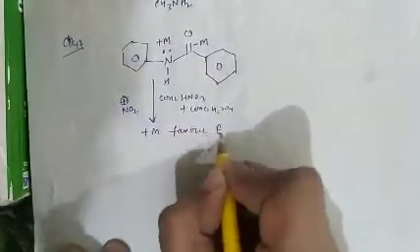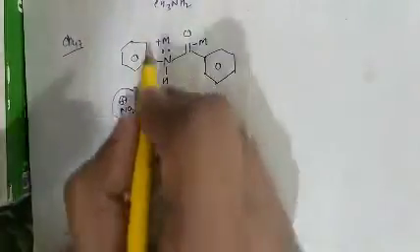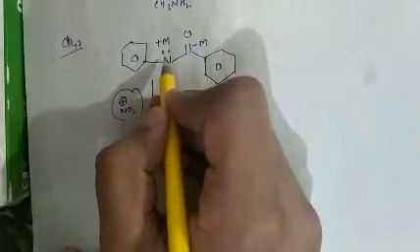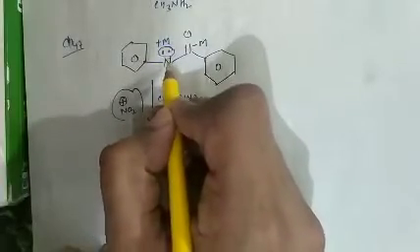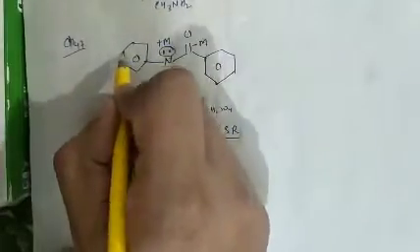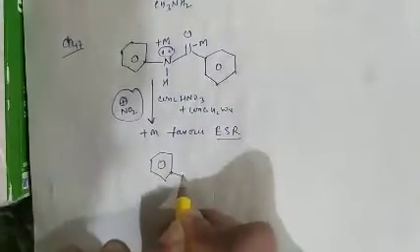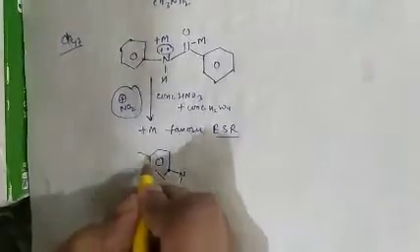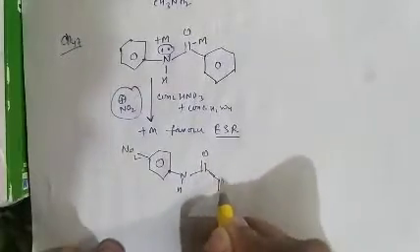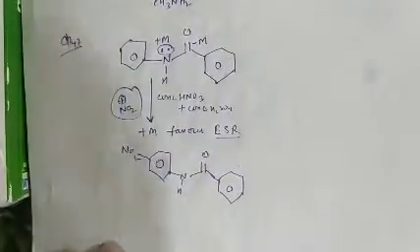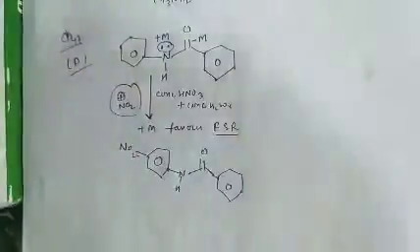ring favors electrophilic substitution reaction. So the electrophile will attack according to the plus M group. So the electrophile will attack at the para position with respect to the nitrogen atom. So the para position is this one. So the product formed will be according to this NH. At the para position NO2 will attack and the rest will remain the same. So this is the major product. Question number 47, option D is correct.